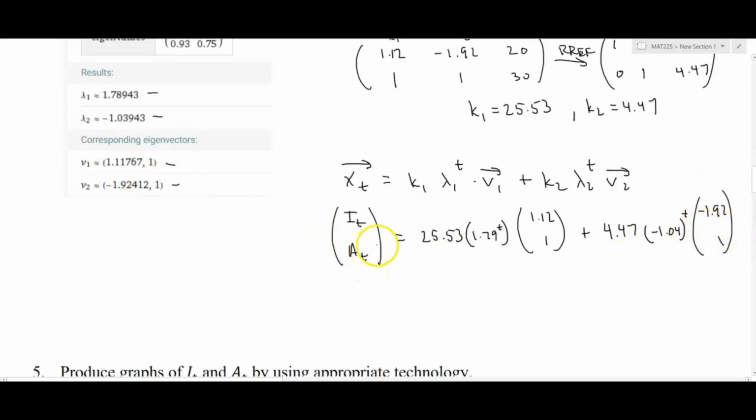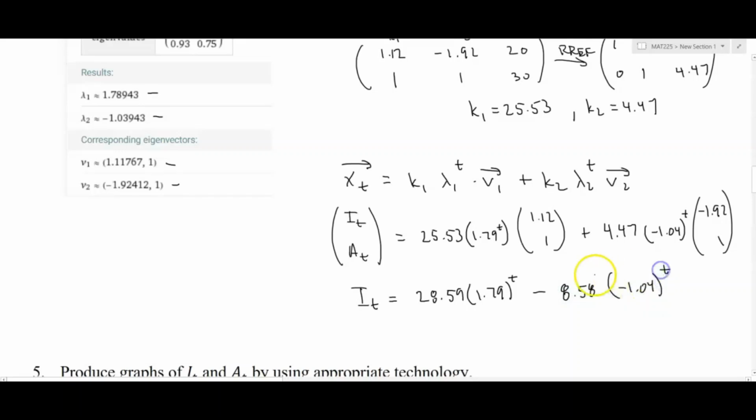And then when we do all sorts of multiplications here, we get that I sub t is equal to, when we multiply 25.53 and 1.12, 28.59. And that's going to be times 1.79 to the t. Just for consistency, I'll put my t above the parenthesis there. And that's going to be minus, because I'll have 4.47 times negative 1.92, which is negative 8.58, times negative 1.04